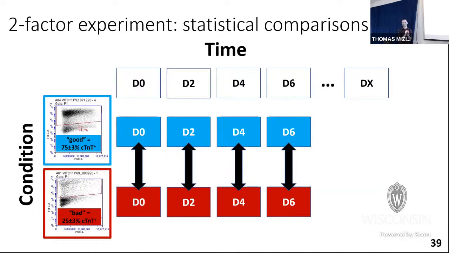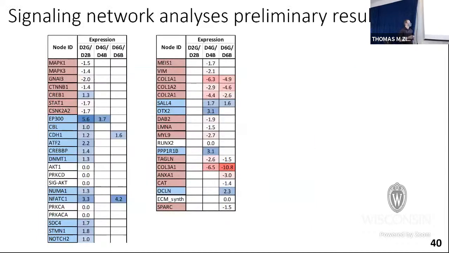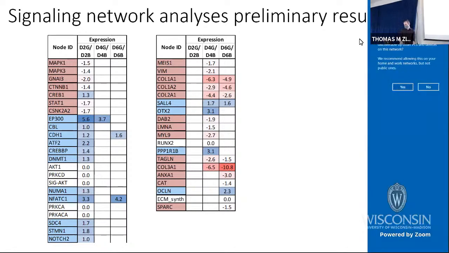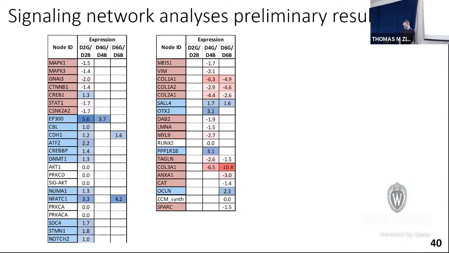If we just look at day 0 when we analyze good and bad, what are the differences that we see in how these networks look between a good differentiation and a bad differentiation, and then for the other time points as well. So just looking at day 0, as we mentioned on that heat map, we didn't see any differences at all, so I'm not showing those here. So we just start with day 2 and then day 4.